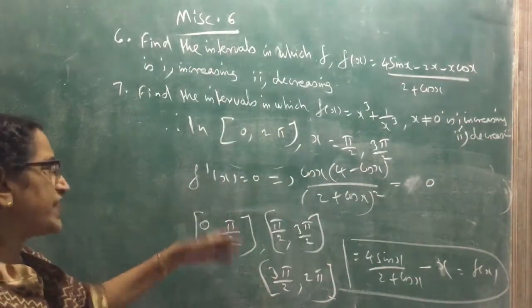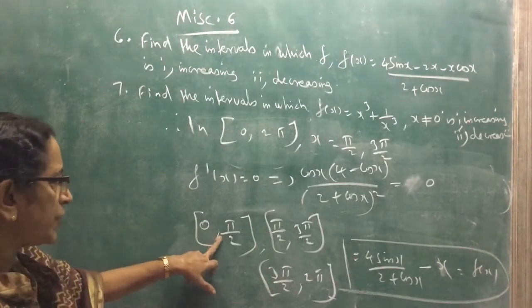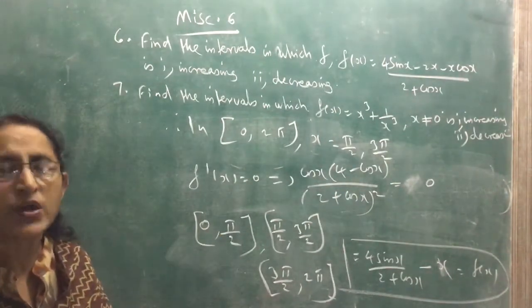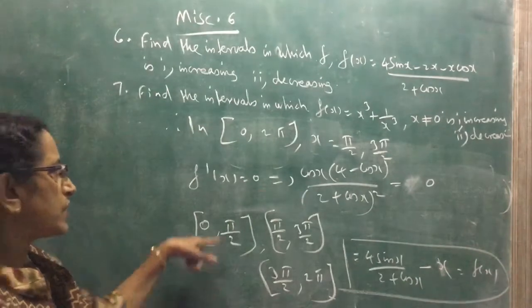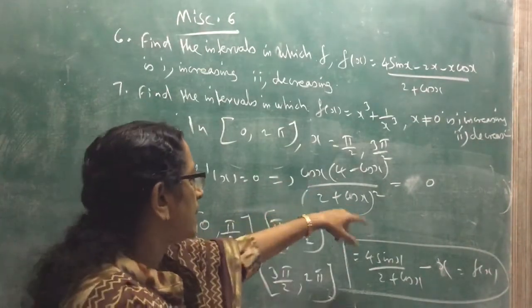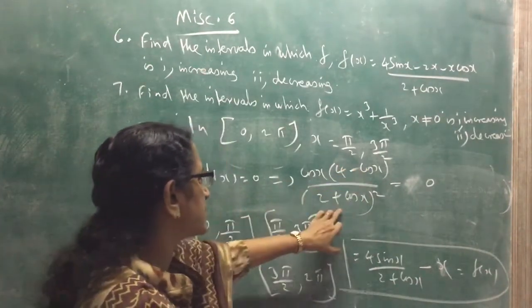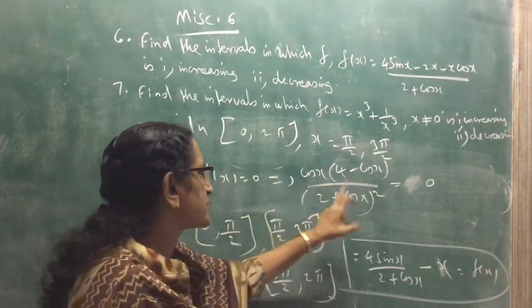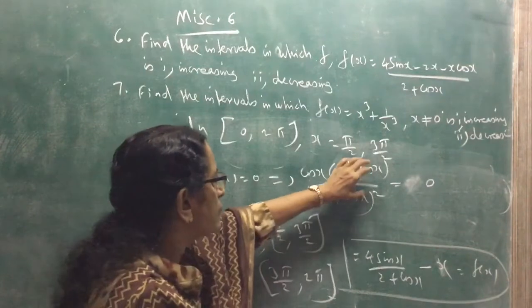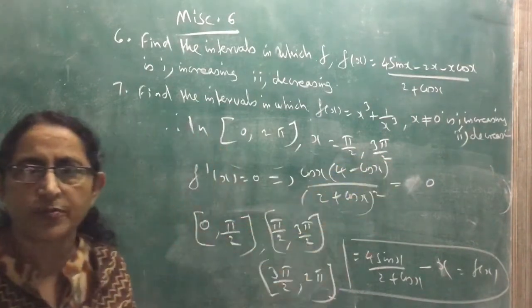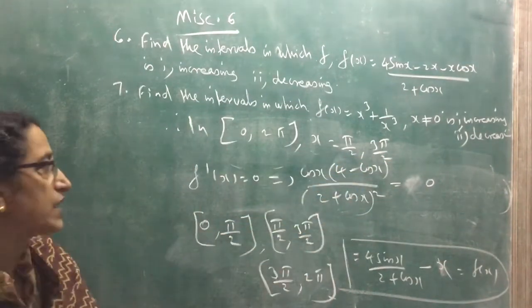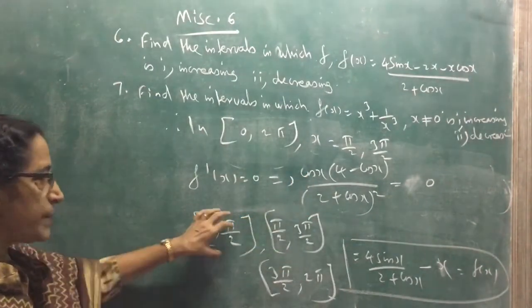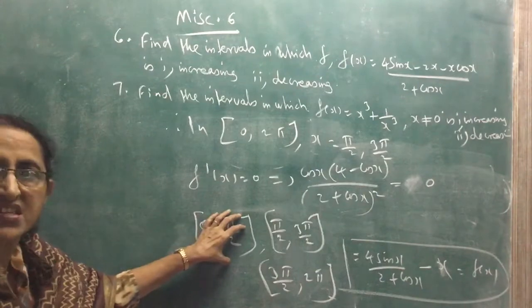When you substitute x equal to 60 degree, pi by 3, we can substitute. So cos pi by 3. These two terms are always positive, only you have to think about cos x. 4 minus cos x and 2 plus cos x whole square will be positive. 4 minus cos x also will be positive because cos x lies between minus 1 and 1. So here only you have to think about cos x. So this will be positive, so in this interval the function is increasing.